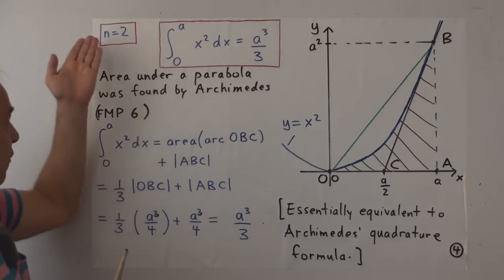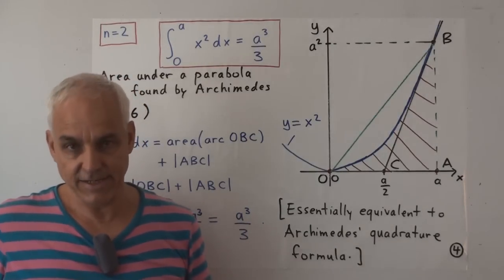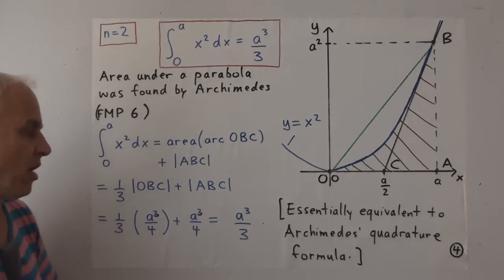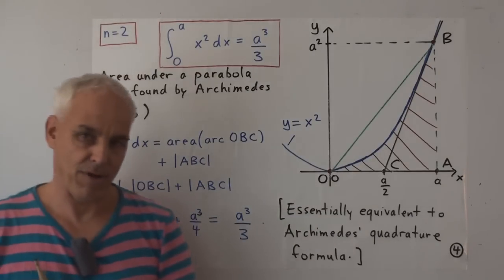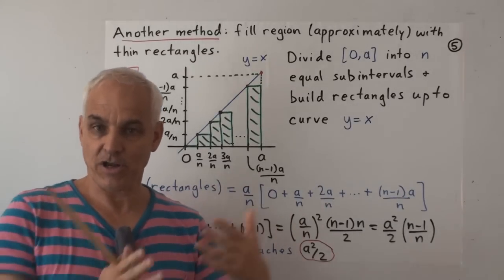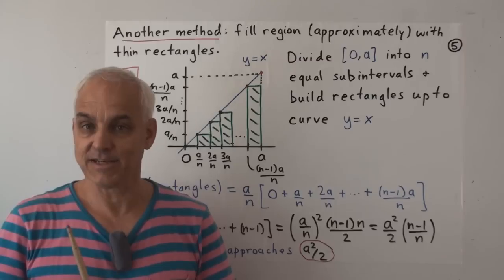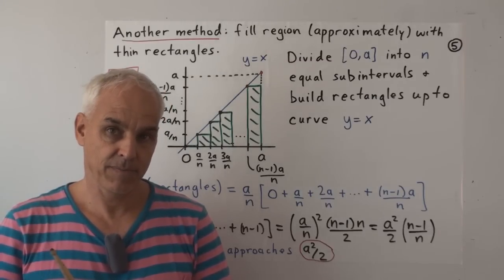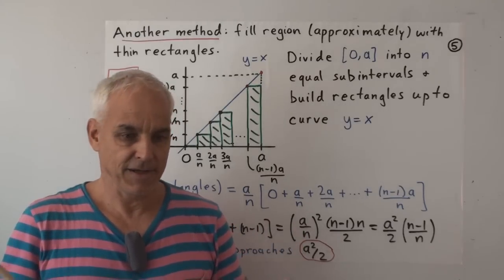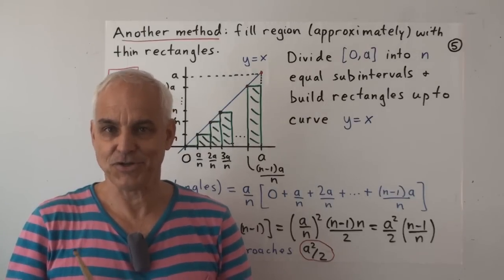So the formula for n equals 2, this fundamental integration formula, is basically known to Archimedes. This is an immediate consequence, and essentially equivalent to Archimedes' quadrature formula for the parabola. Now, the kind of geometrical approach that Archimedes took is quite foreign to the way most calculus texts these days present the subject. So even though Archimedes' formula for the integral of x squared is, in some sense, the earliest serious formula in calculus, it's almost never presented to students.